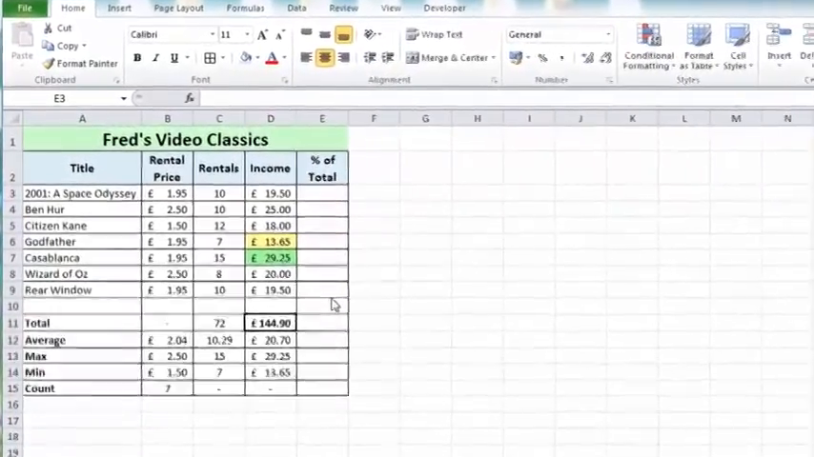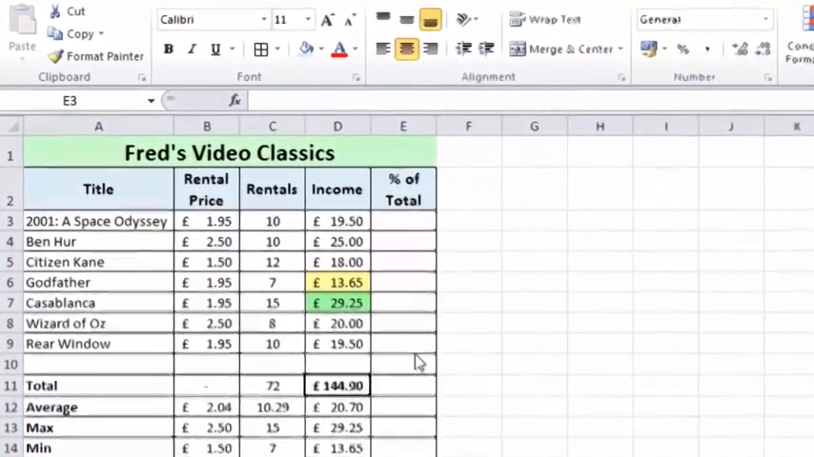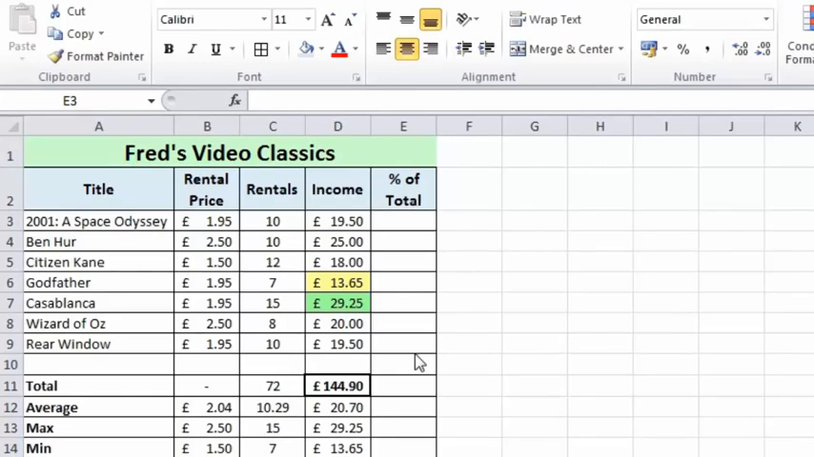In this tutorial we're going to be looking at everyone's favourite subject, which is percentages. And in this first example, what I want to do is calculate what each of these film income totals represents as a percentage of the grand total. So for example, in my first row here, 2001, I've got £19.50 as my income, and I want to know what that represents as a percentage of the grand total in cell D11,